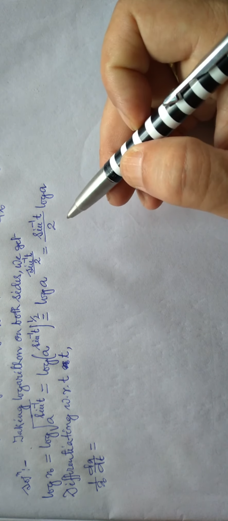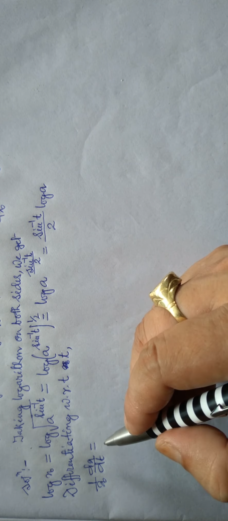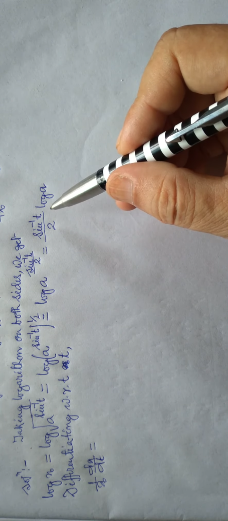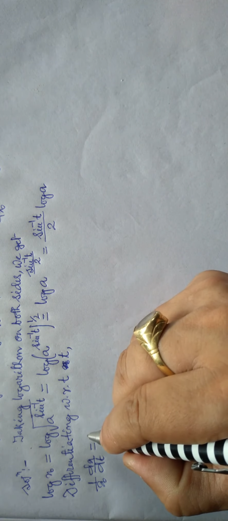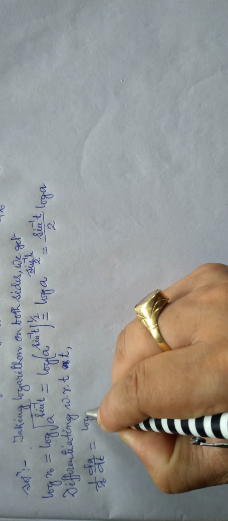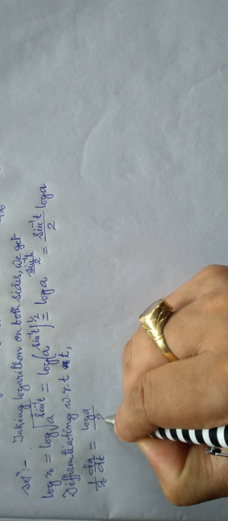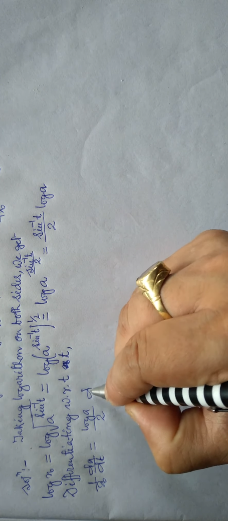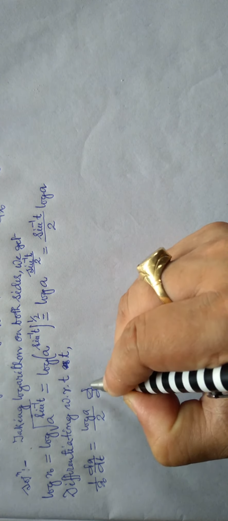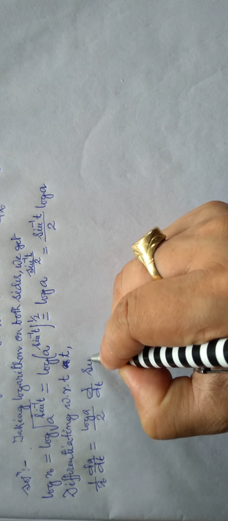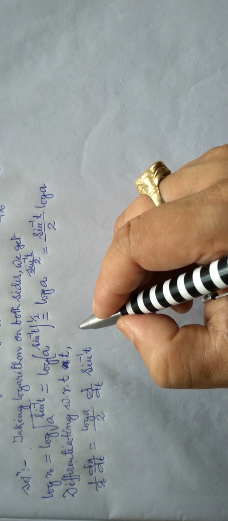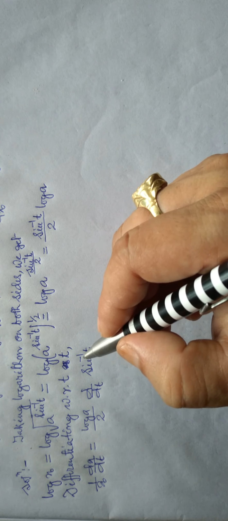So in that way, if we are to take this one, what is the real constant over here? If we have to count it over, then logarithm of a divided by 2 is the constant. And we have to find the differentiation of this sine inverse t, right? Sine inverse t ki differentiation do, that is